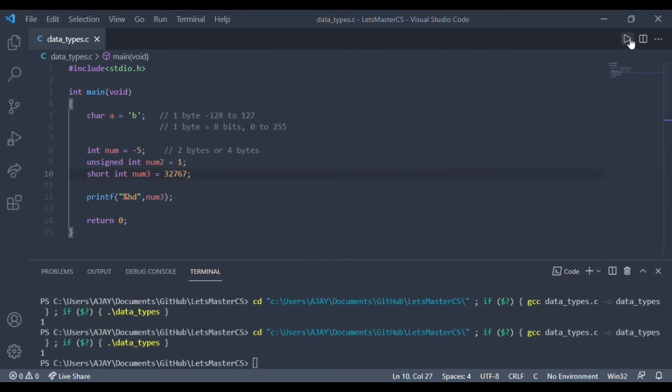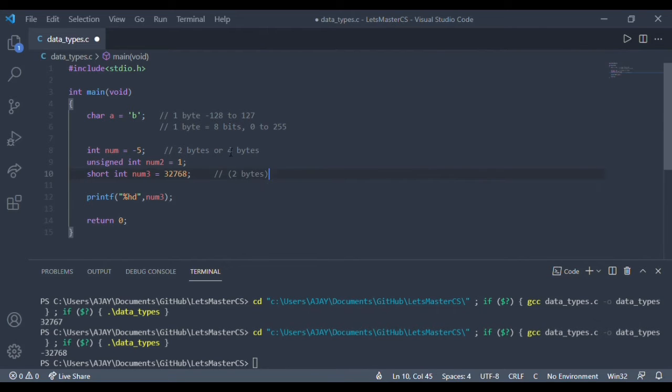Now let's take a 2-byte maximum value, that is 32,767. Now we will increment it by 1. As you can see, the value has rolled back to a negative number. So in this compiler, we are having short int as 2 bytes.